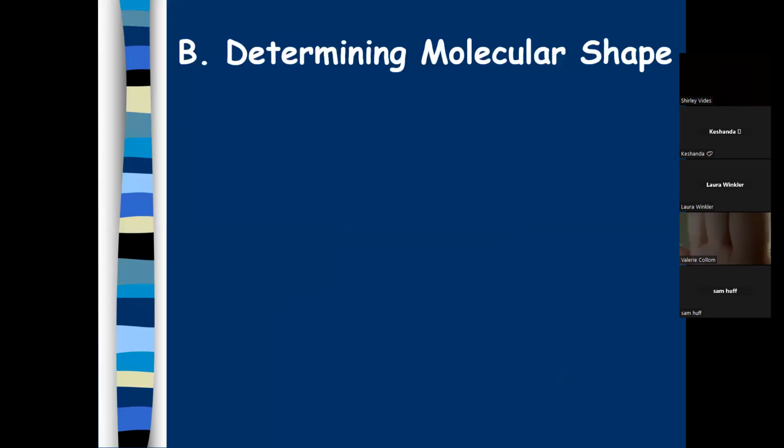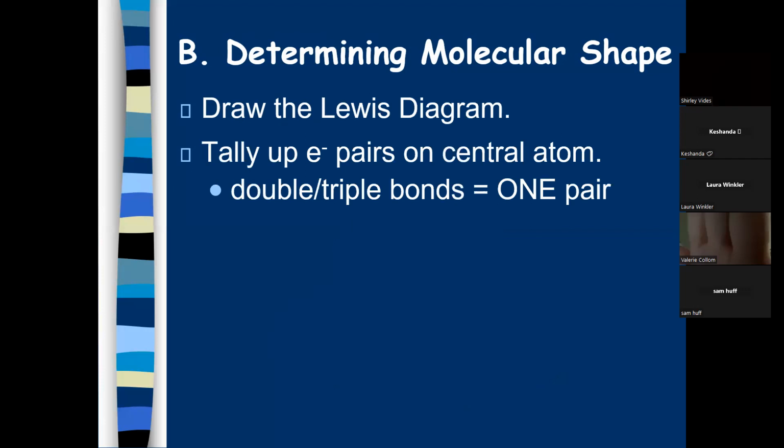Okay, so to determine the molecular shape, this is how you do it. You are going to draw the Lewis structure. Then you're going to figure out how many pairs there are on the central atom. And by the way, here is where something is weird. We do not call them electron pairs. I call them areas of electron density,